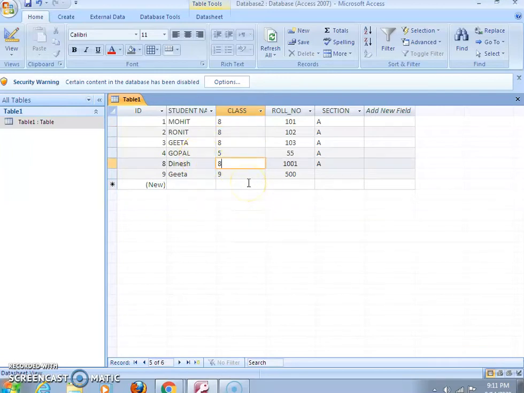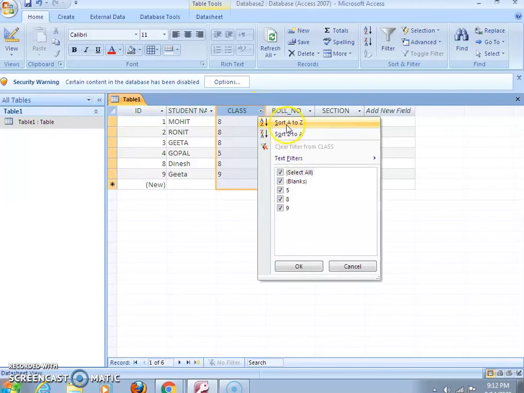Now I am showing you how to arrange your data within a table. Suppose you want to arrange data in ascending or descending order. If you want to arrange the names class wise, first, second, third, fourth, fifth, whatever class, in ascending order, click on the class and you will find a drop-down button. Click over there and it gives you sort A to Z, which means ascending order, and Z to A, which means descending order. We want the records of this table arranged in ascending order, A